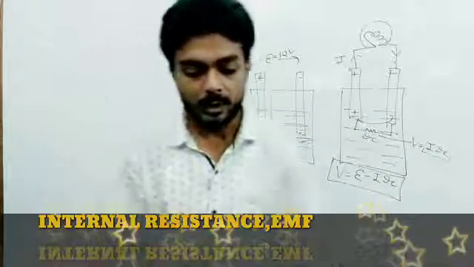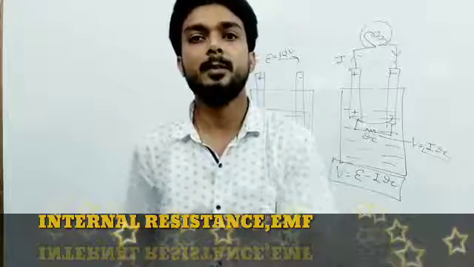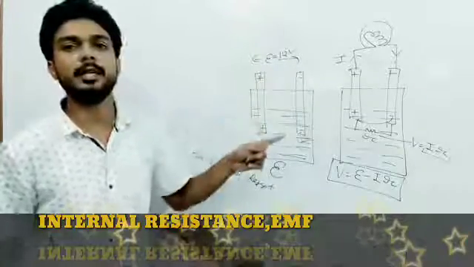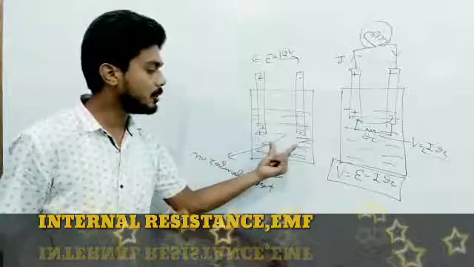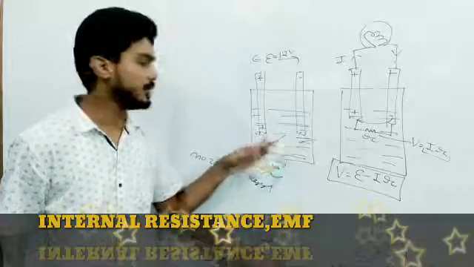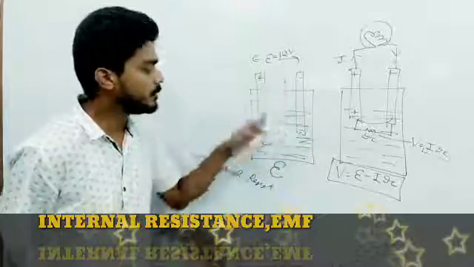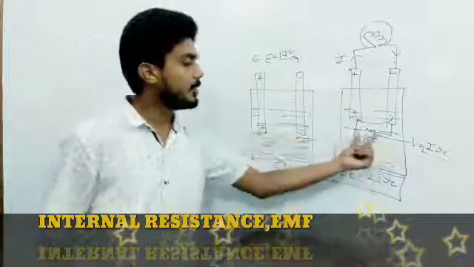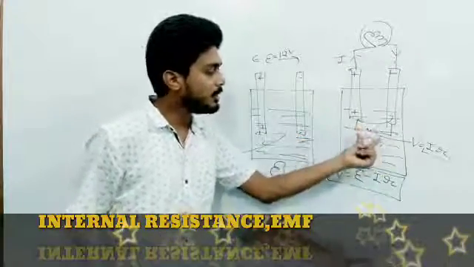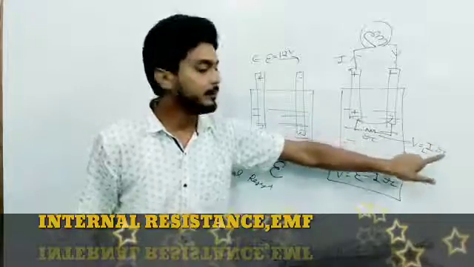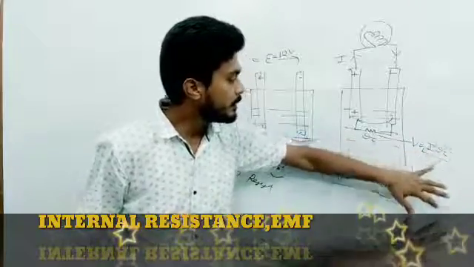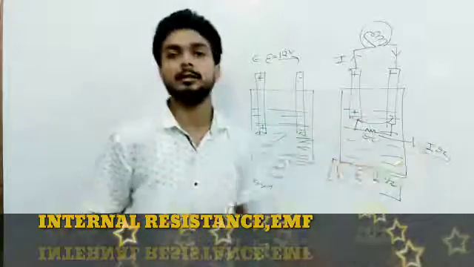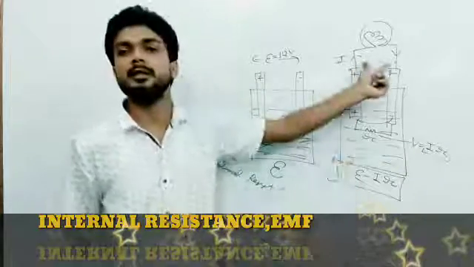Then students, what is the EMF? EMF is the potential difference across the terminals of the cell when no current is drawn from the cell, and in this case there is no potential drop inside the cell because there is no internal resistance. No current flow, no internal resistance. But when there is a flow of current, the internal resistance exists and loses potential, and after this loss the remaining amount appears: V equals E minus Ir, and this V is the terminal potential.